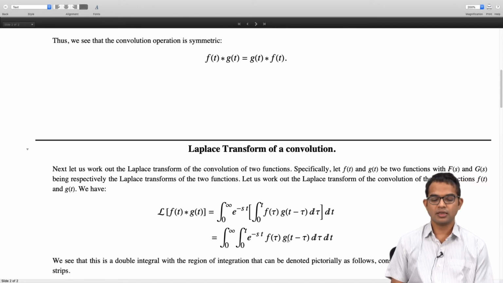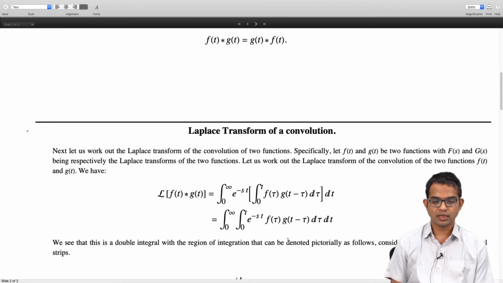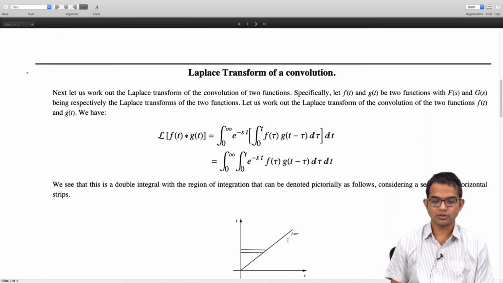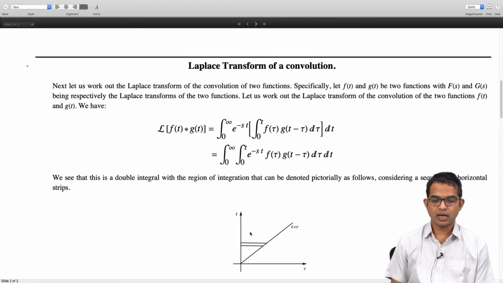So let's look at this pictorially. It's helpful to see what is going on here. So I have my tau and t. I plot my tau along the x-axis and I plot my t along the y-axis. So if I fix the value of